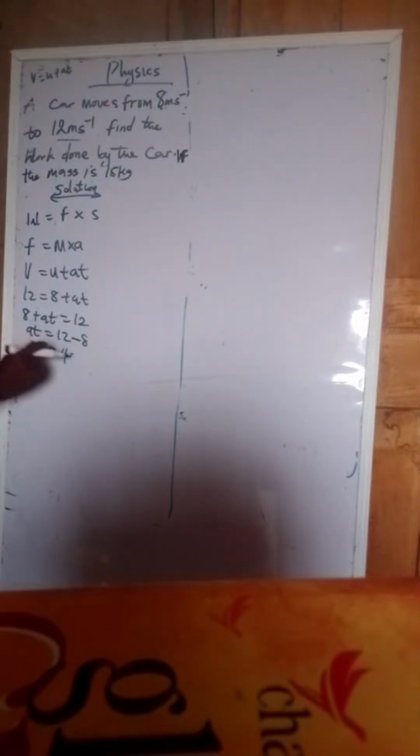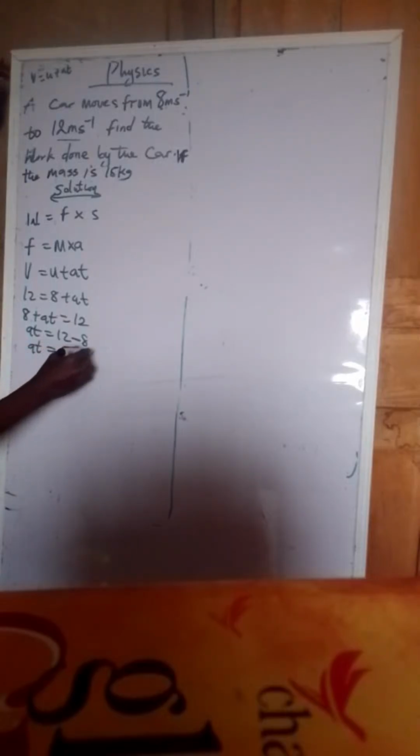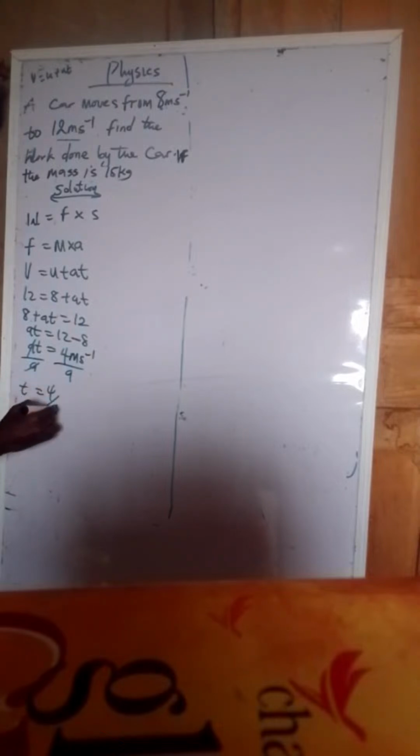We don't have a unit here, because the unit is still that of velocity, so we should take note. Now, at is 4. Then what are we going to do? Divide by a, because we want to know t. t is equal to 4 over a. Since we have found the time to be equal to 4 divided by acceleration, then we can